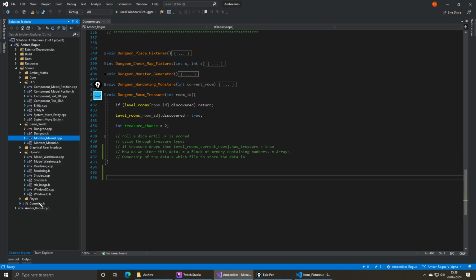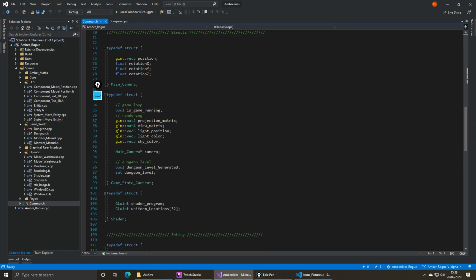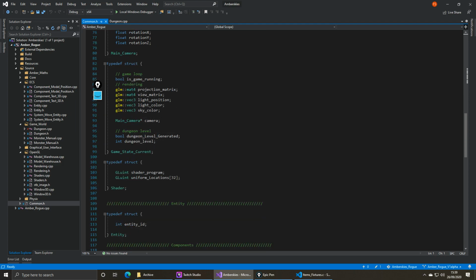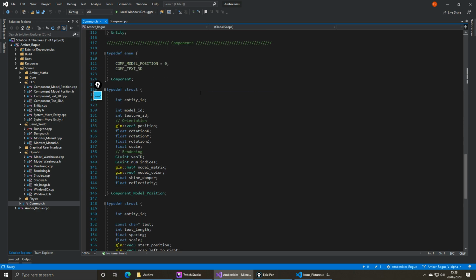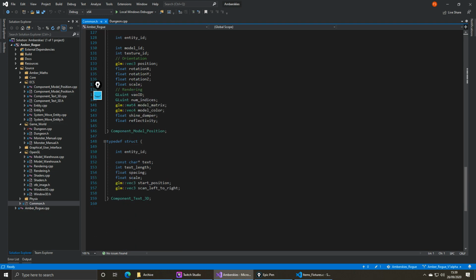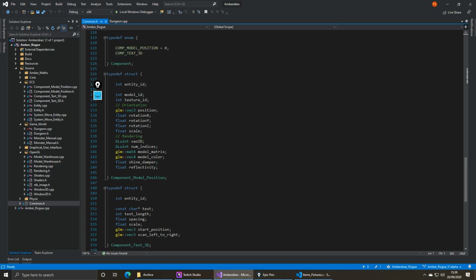And that can be shown in common under the structures for ECS. So we have, not there, here we go, components. There you go, component model position, component text 3D. As you can see, they are varying types of data. And that's why these are very useful.